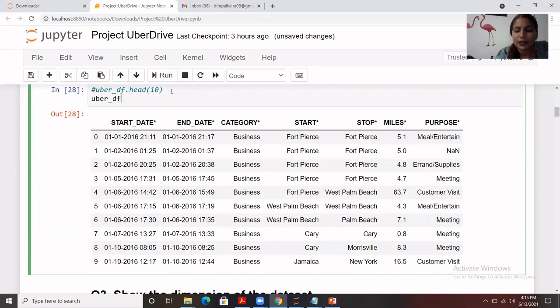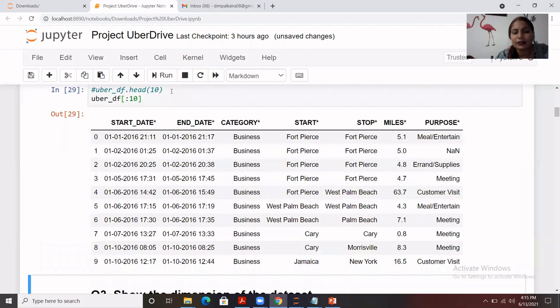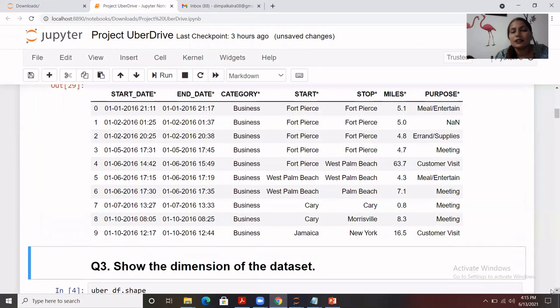Uber_df is the data frame, and in the square brackets I can pass 10 to showcase the records from 0 to 9 index, so I can write it like this as well. So either you can use head for that, which is obviously a quite handy function, or otherwise you can simply pass square brackets, and in that you can pass that you need all the records till index 10.